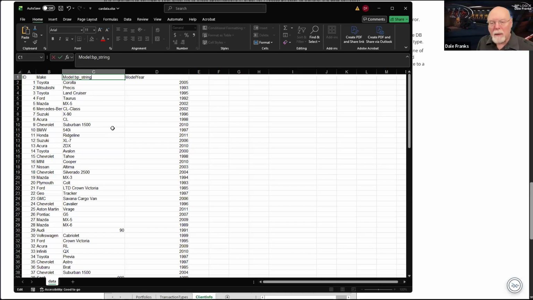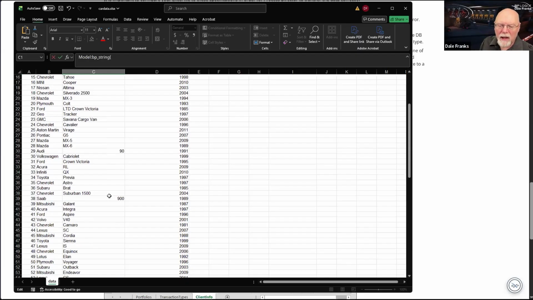Now, if we just go to BP string, that will work. What it will do, however, is create in SQL a data type called nvarchar max. We don't care much about nvarchar or what it is. We do really care about max, because that means it is going to set aside the memory space for a lot of data. And we probably don't have that much data. So we also have the ability to size the data that we want.